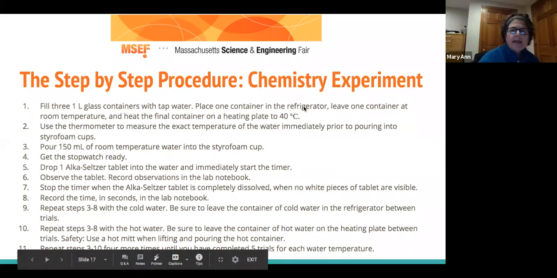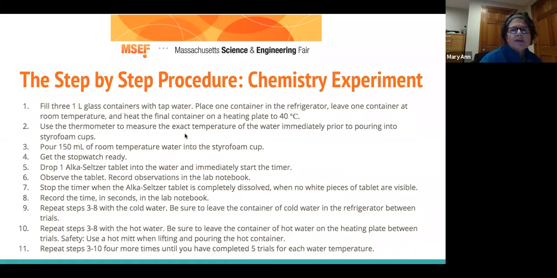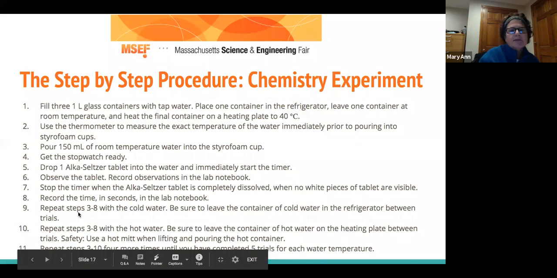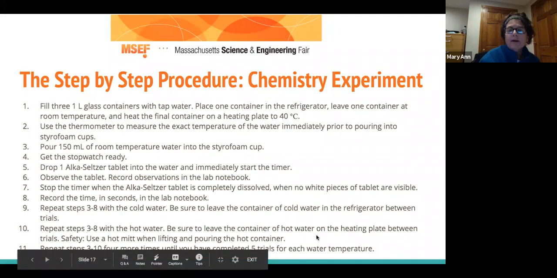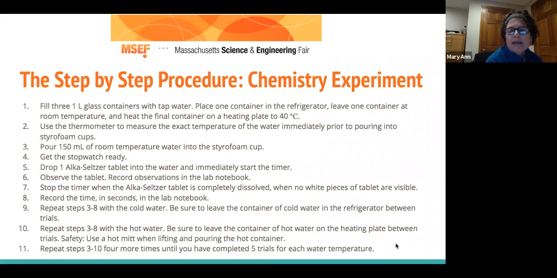I start with the same thing here. You can read through this on your own. Use the thermometer to measure the exact temperature of the water. Pour 150, get the stopwatch ready. But the key here is repeat. They don't have to rewrite everything for the cold water. So it says repeat steps 3 to 8 with the cold water. Be sure to leave the container of cold water in the refrigerator between trials. Repeat steps 3 to 8 with the hot water. And then the last thing is repeat steps 3 to 10 4 more times until you have completed 5 trials